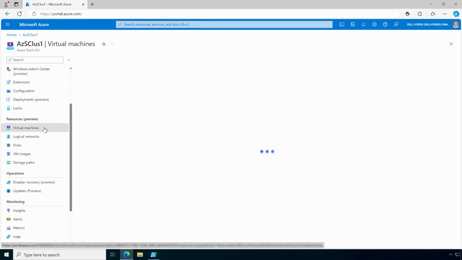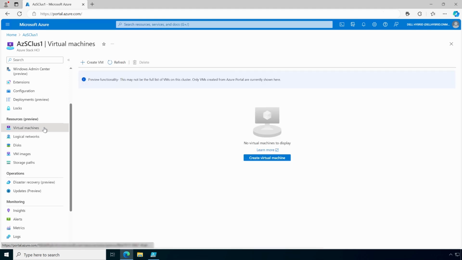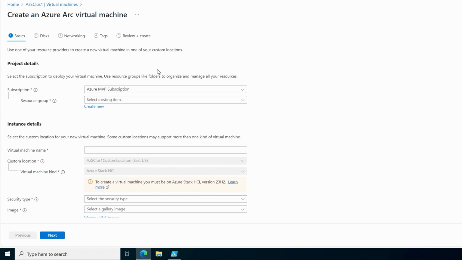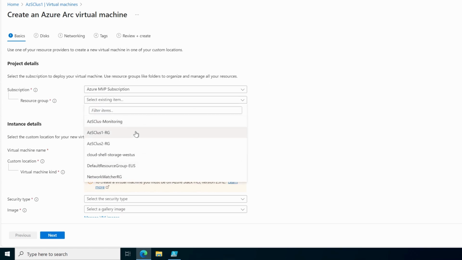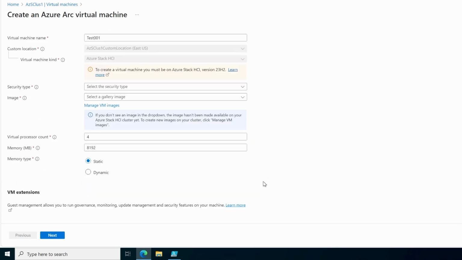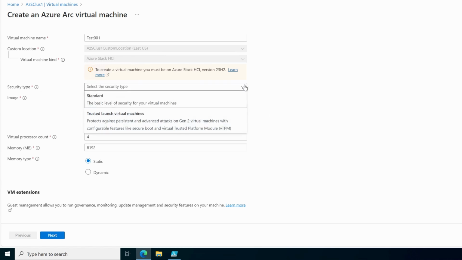Speaking of which, go into the virtual machines view here. I can now use Azure Arc and the Azure experience to graphically or programmatically create a VM from Azure and have it run on my on-prem infrastructure. So I'll provide some simple information here, resource group, give it a name. In this case, test 001 is my go-to, very original. Now, some settings are locked already. We know it's a virtual machine that's going to run on Azure Stack HCI, but I can now adjust the